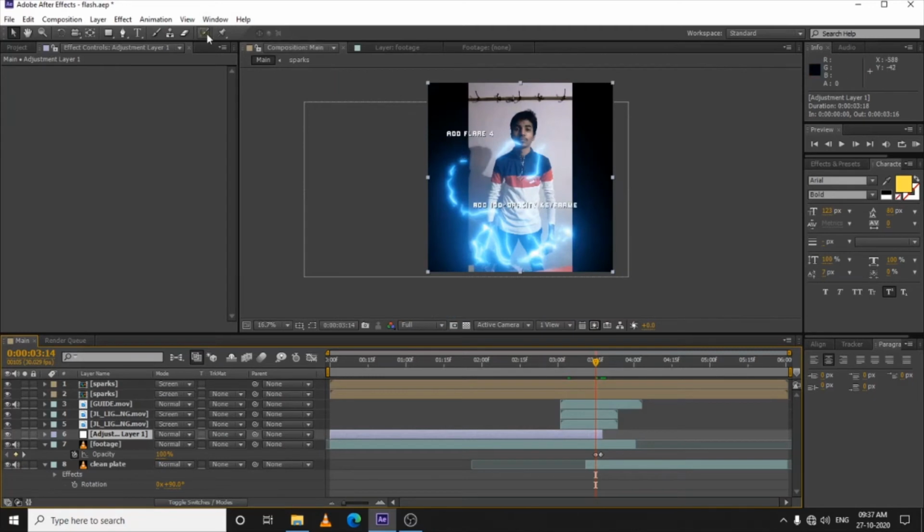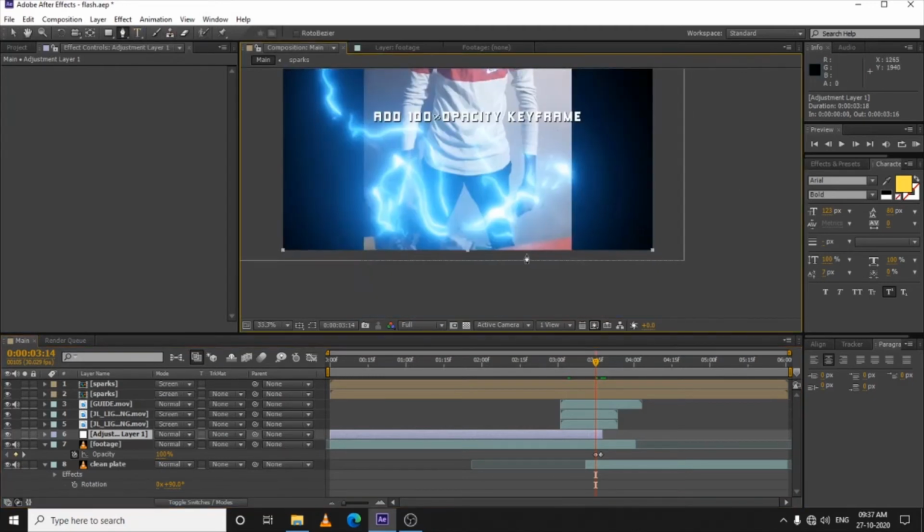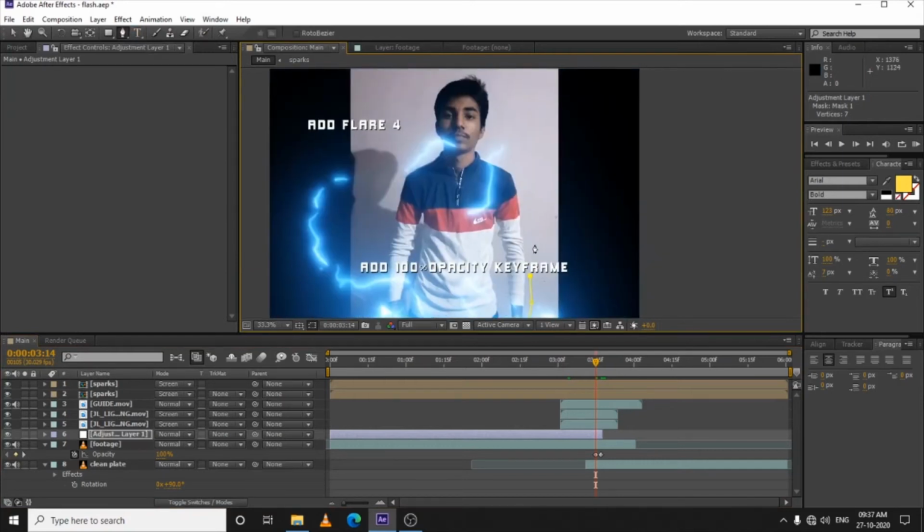Let's do one thing. Firstly, take your pen tool and let's make a mask around your character, just a fast mask. It is not necessary to be perfect, just for the outline.